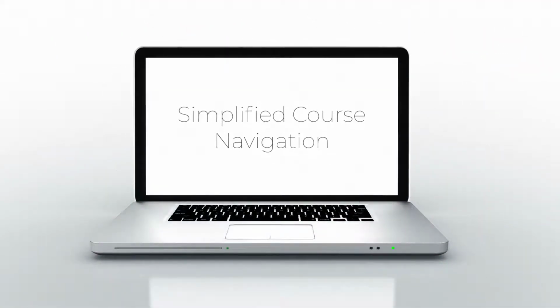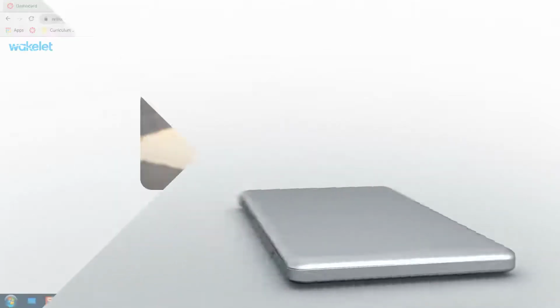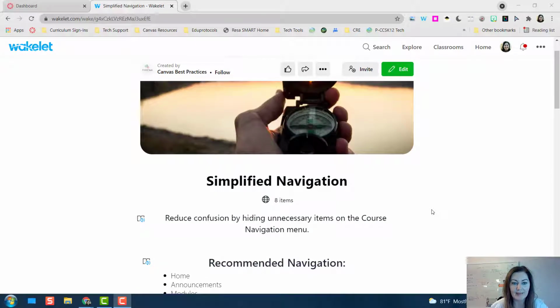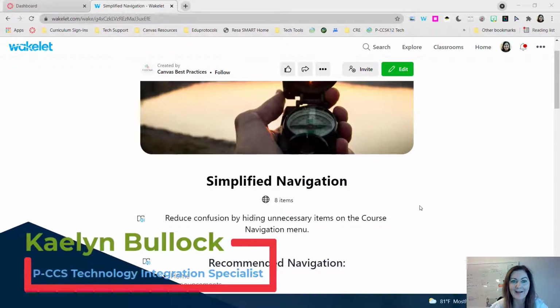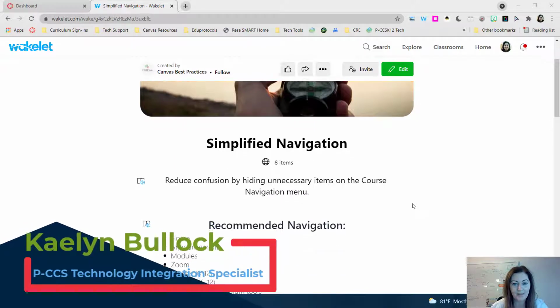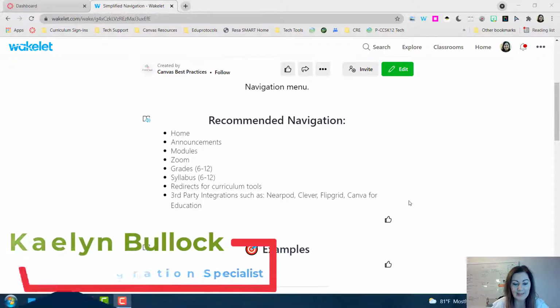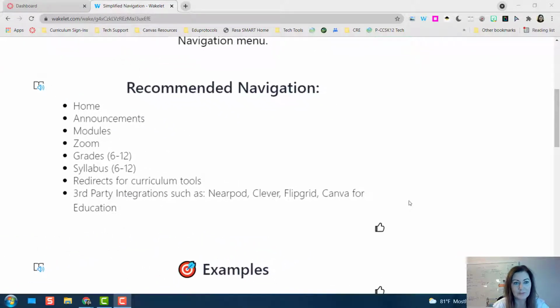Talking about Canvas best practice number 1, a simplified navigation. And we believe that it is best to reduce confusion for students and families by hiding unnecessary items on the course navigation menu. Things we would recommend that you have in your course would be Home, which you can't remove,